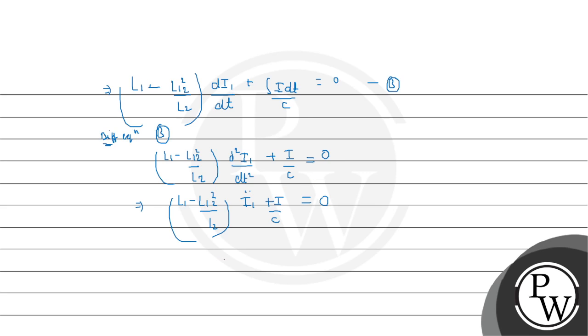And now on comparing this equation with this general oscillating equation, this is the general equation, that is, this is the electrical analogy. So on comparing this we get to know the value of omega, which is the natural frequency. So on comparing 1 and 2, there is an analogy between this and this.